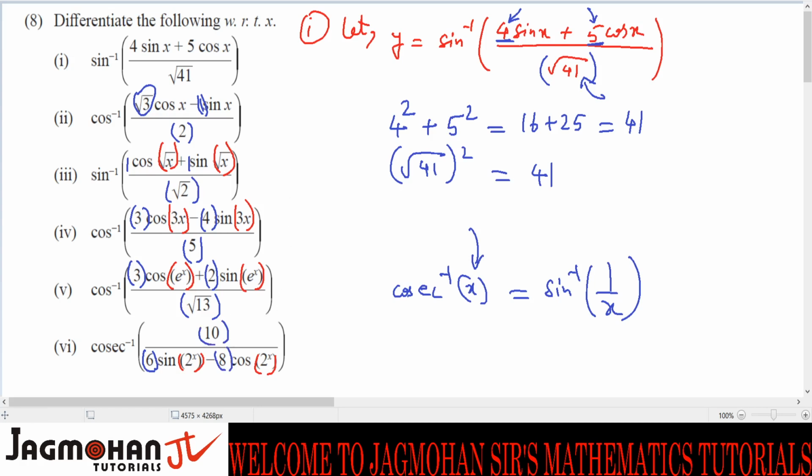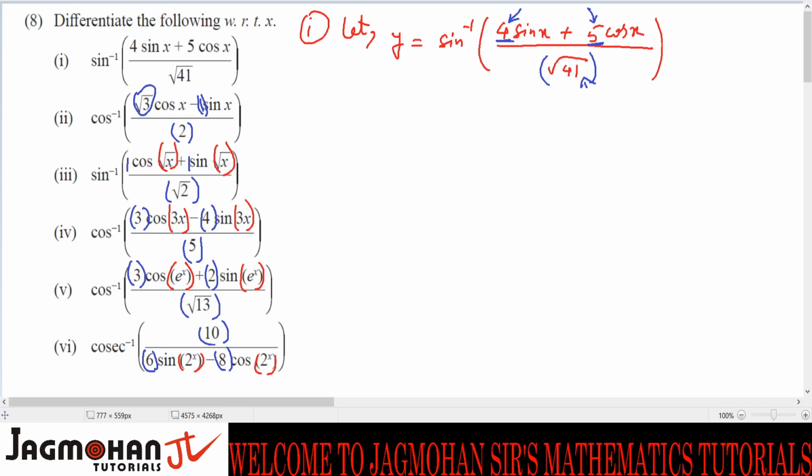So this thing is very important. Because of this, they all fall in one simple category. This is one type of problem. If I solve two or three problems from this, you will be able to solve the rest of the problems. It's going to be very simple. So I start with the first one.